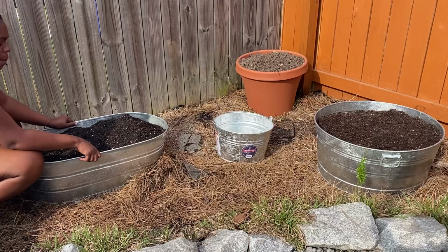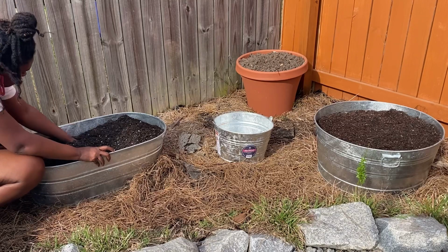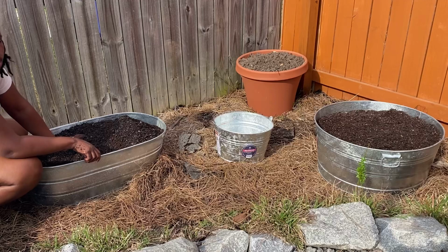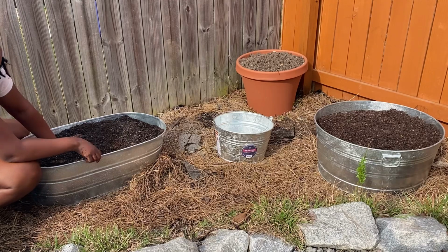Again, I'm just going to mix this up. You could really do all container potting soil or potting mix in these if you wanted to. You don't necessarily have to add the compost in. The potting mix should have everything you need. You definitely don't have to add the topsoil in, but as far as cost effectiveness, the topsoil is a lot cheaper than the potting mix,